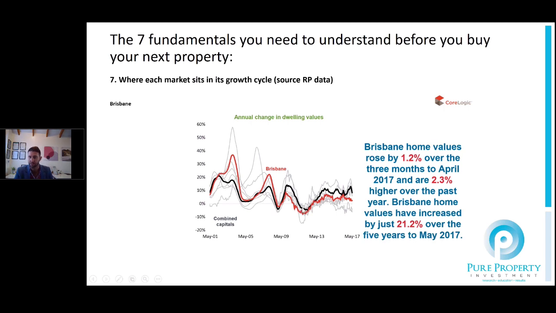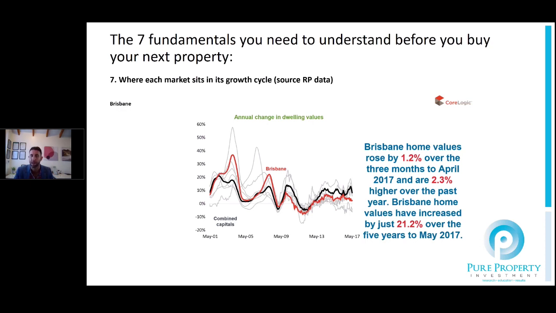However, since the GFC and probably the downturn in the mining sector, it's had to transition, and its transition has been slow. It hasn't been a horrible performer. We're probably talking about between 1% and 4% over the years. However, it is something that we see has to be probably sustained, and we see probably a good 3 to 8% year-on-year capital growth, probably for the next 3 to 5 years.